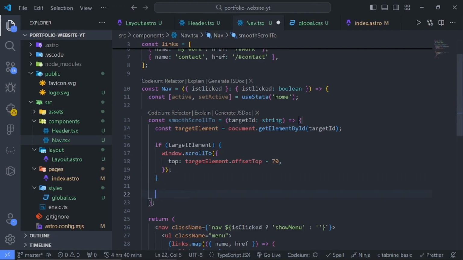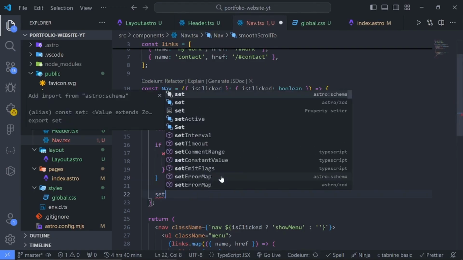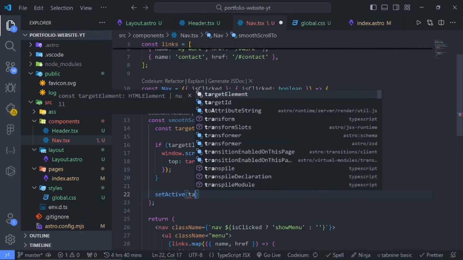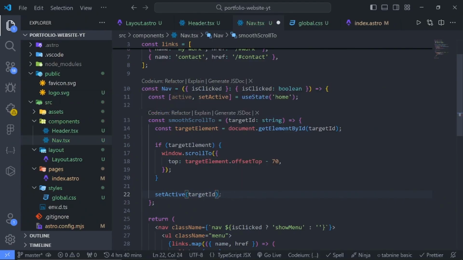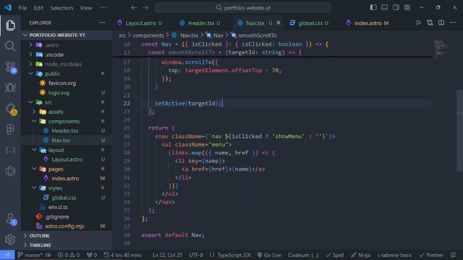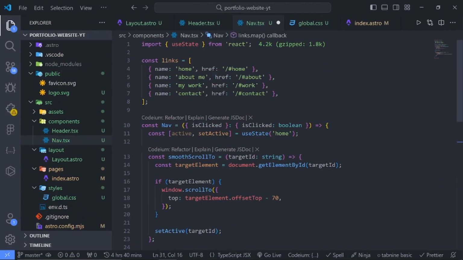And lastly, what we have to do now is to store that target ID on this sect active so that we can use the active state. So passing the target ID. So now, in order for us to use it, we can just come right to this A tag and say on click. Okay, so basically I'm just calling this smooth scroll and passing the name, which will be either of these when